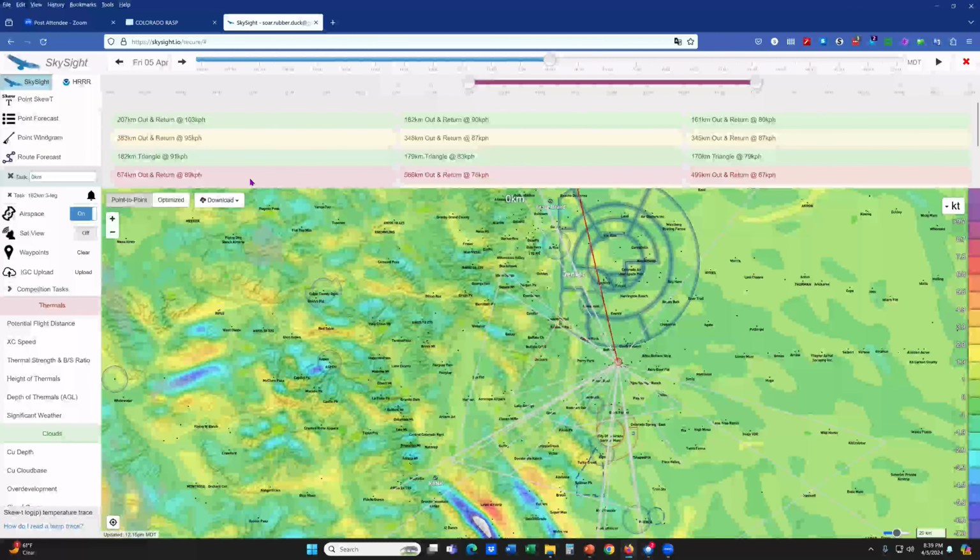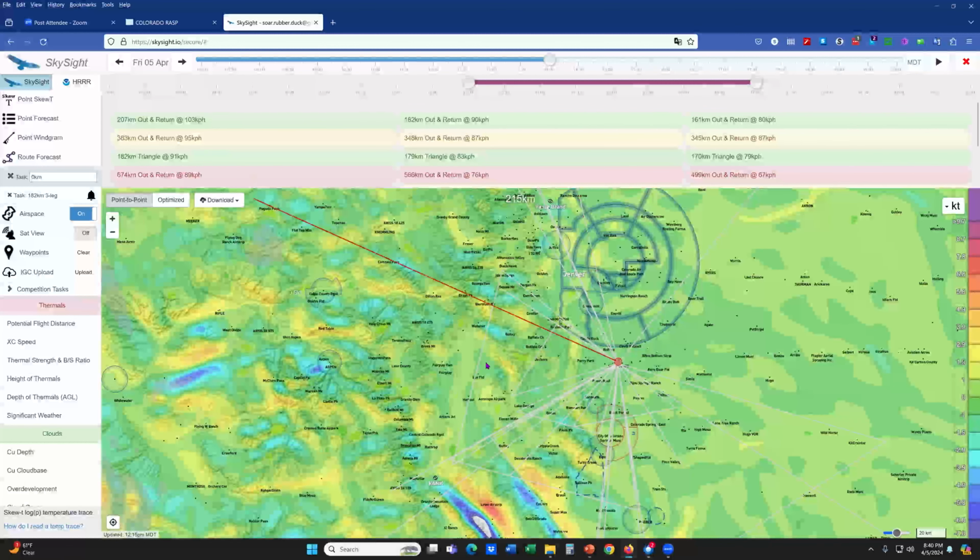If you wanted to try a 600K out and return, it's in pink up here in the top. That means not likely. Green means likely. Yellow means it's a stretch, and red means, yeah, have fun. Okay. The other thing that you can do, though, is you can come in here and you can